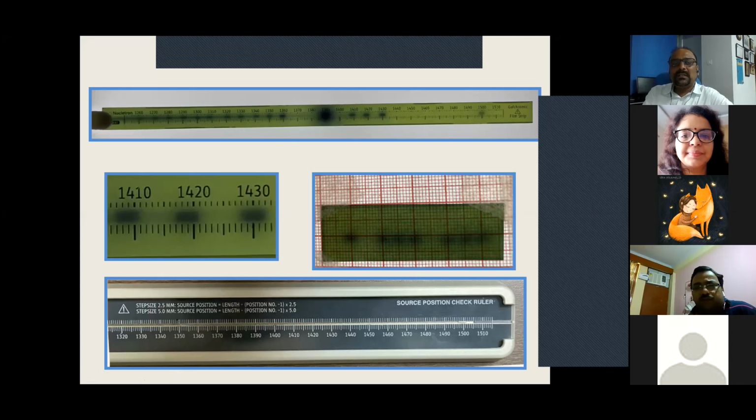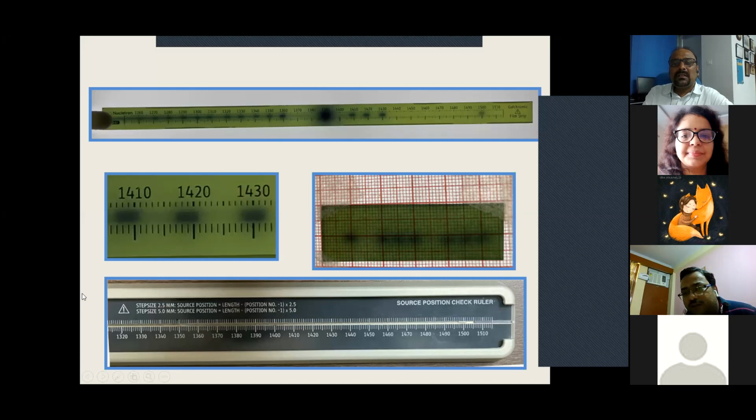I think this is quite an innovative, cheap and cost-effective solution. We usually use Gafchromic film for surface dosimetry, and we can use it for this also. Actually, the film costs about 2,000 rupees per film, and this is the source check device. I have shown you the video; with the help of video also you can check it. This video was taken with the help of mobiles. Two mobiles were paired with each other, and with their help we took the video which I have shown.